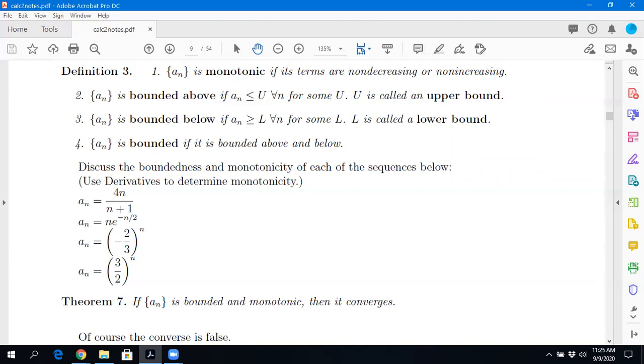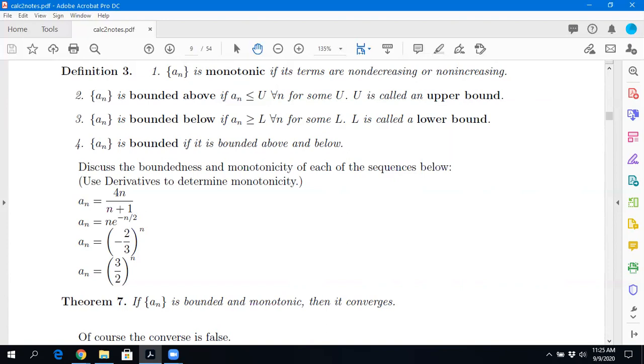Okay, yes. So the bounds don't have to be super close to the highest part it gets to. You could have set the upper bound at 3 or 4. Yeah, that's right. I could say that an upper bound for this sequence is 38 trillion, because clearly 2 over e is a maximum and 38 trillion is way bigger than that. Once you have one upper bound, you have an infinitude of upper bounds to choose from. And an obvious lower bound in this case happens to be 0. Make sense? Okay.